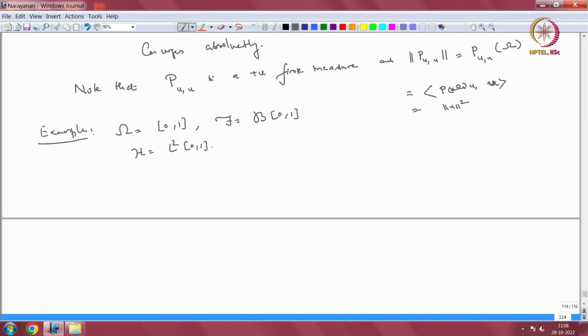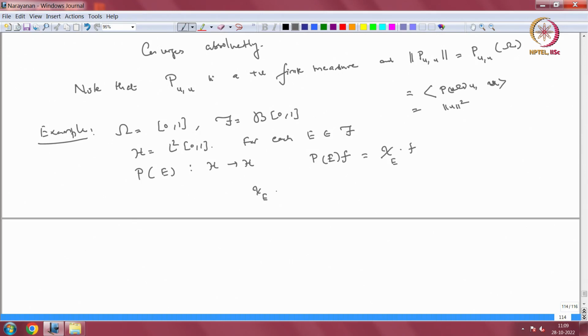And now for each E in F, I should give you P_E, right. So, P_E is going to be a projection on H, right. So, P_E is an orthogonal projection from H to H, right. So, how is it defined? So, I am going to define P_E of, well, H is L2 of [0,1]. So, I take some function f, and then I should tell you what is the result, that is chi_E times f, right. So, it is just multiplication by chi_E, right,